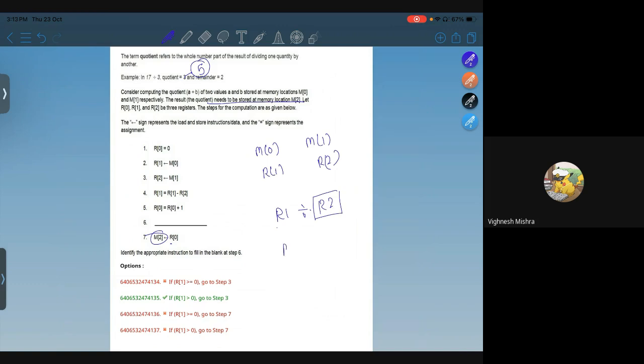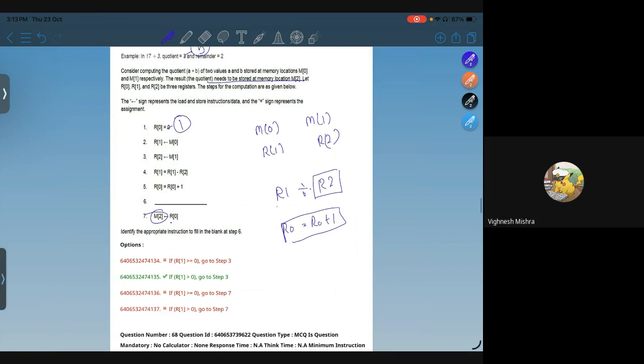Then R0 will become R0 plus 1, which counts how many times it is subtracted. So if R1 is greater than 0, since this is the only case. If it is equal to 0, then it's completely divisible now. We cannot do anything. But if it is greater than 0,